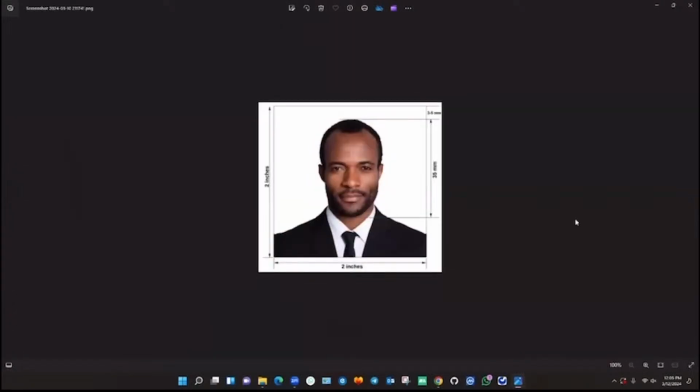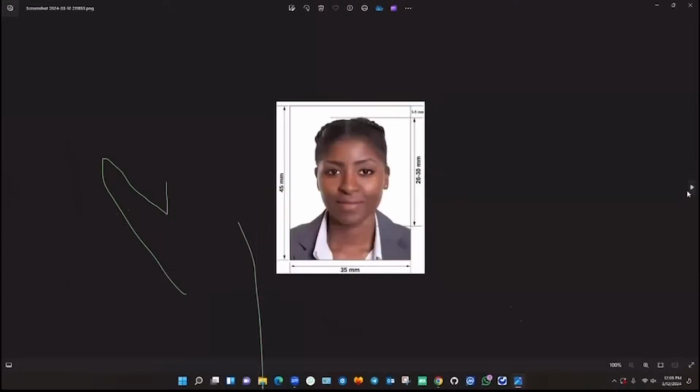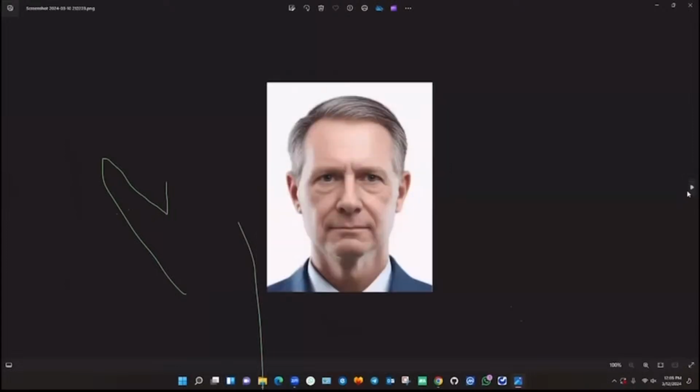You can as well upload picture that looks like this. We want to see your face. We also want to see how you look, your eyes, your eyeballs. You can decide to put a little smiley face or not. That is your choice. But don't smile too much because you are going to spoil the picture. You can as well decide to do it this way or this way